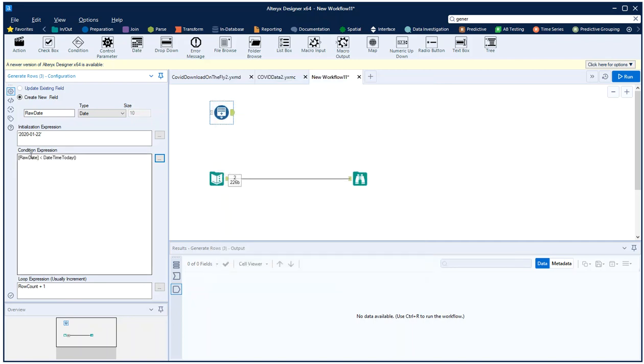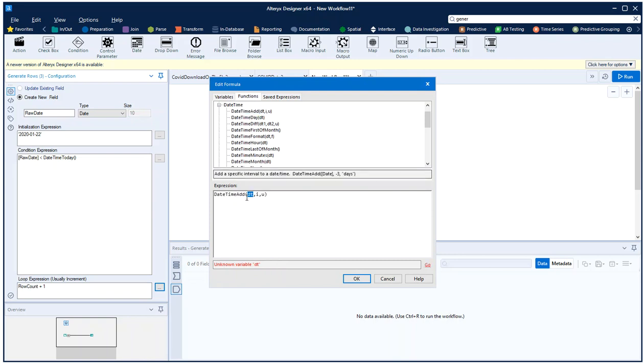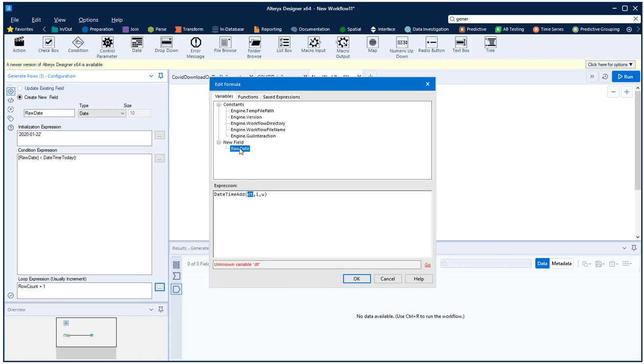So, we want that to loop around by adding a day to each of the dates. Again, we're going to build that up in a date expression. So we want a function which is a DateTimeAdd. So if we add to the raw date an interval of 1 day,